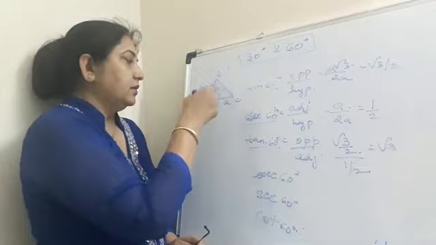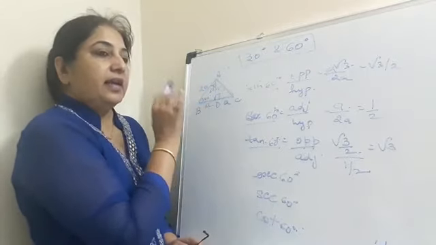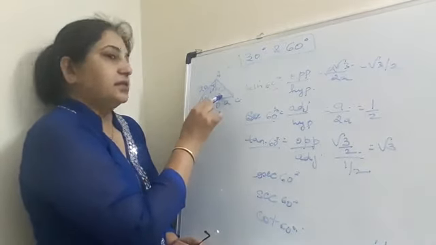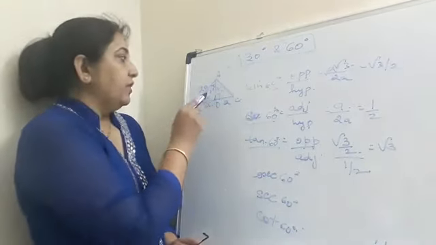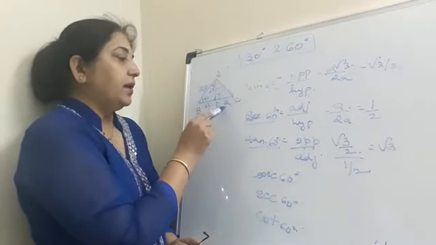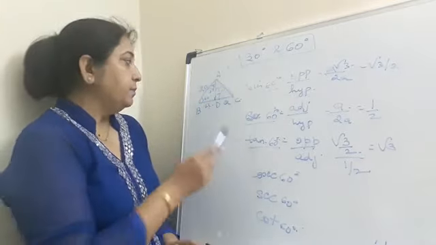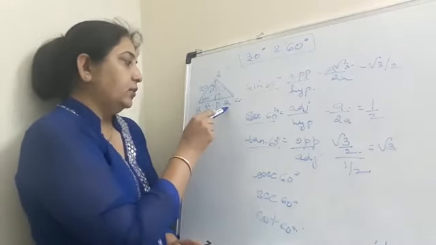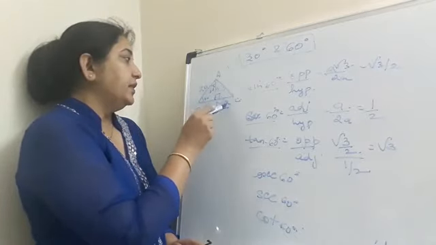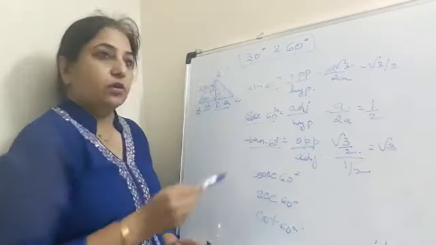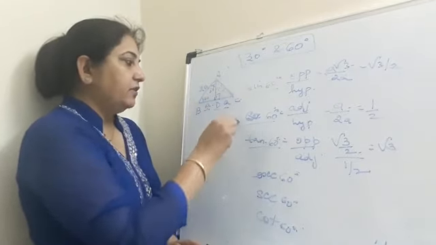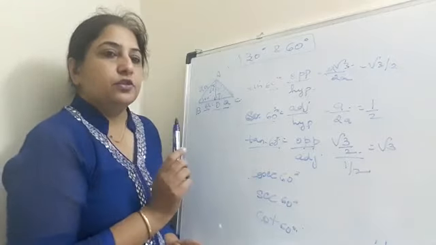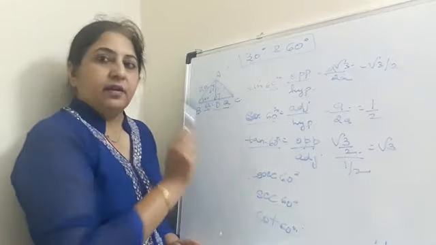We assume an equilateral triangle. Take that side be 2A. Then we prove that these two triangles are congruent by RHS. When we prove them to be congruent by RHS, then corresponding parts of the congruent triangles are equal. D is a midpoint, therefore A and A are equal, means these two parts are equal. Then we calculate AD by Pythagoras theorem and start putting the values of sine 30, cos 30, tan 30 and any other ratio you want. You will keep substituting from the given diagram.